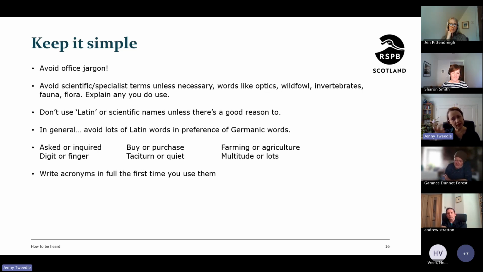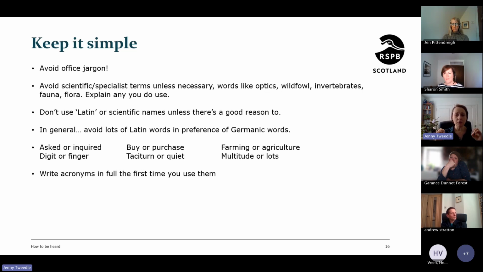So just think around it and try and think if there's a different word that you might be able to use. I would avoid using Latin words or scientific words. They're not all Latin words, unless there's a very good reason to. So I have to talk about lichens and bryophytes. Bryophytes, there's another complicated term. Bryophytes are mosses and liverworts. So I try and avoid saying bryophytes, but I slip into it from time to time.